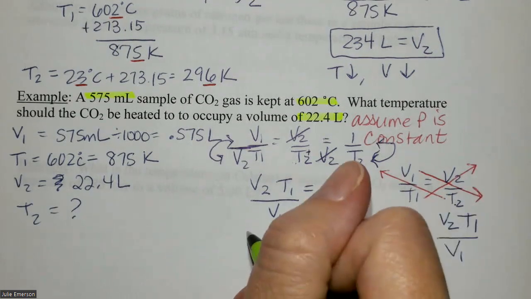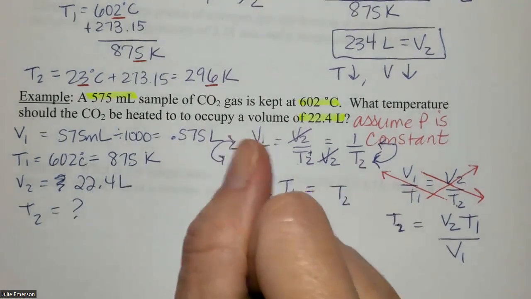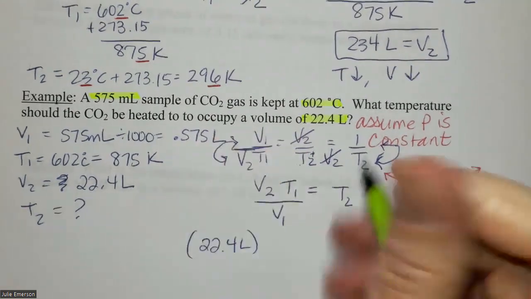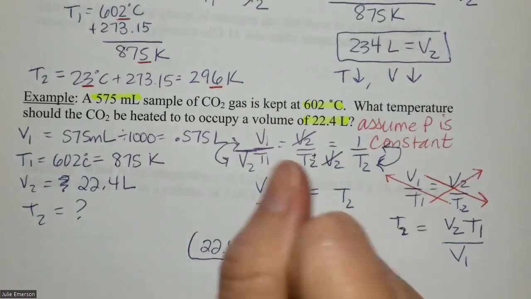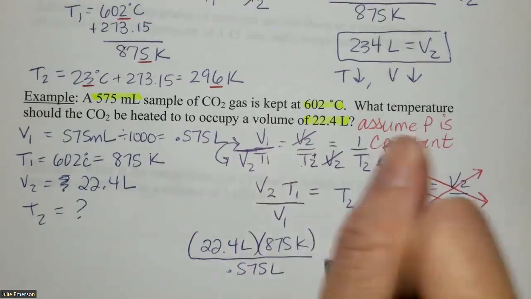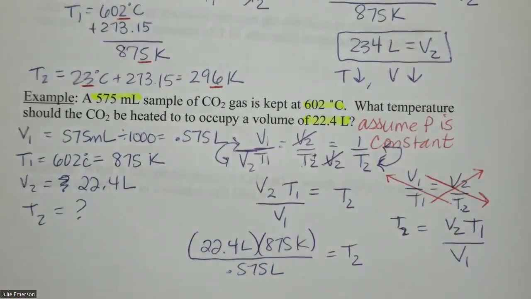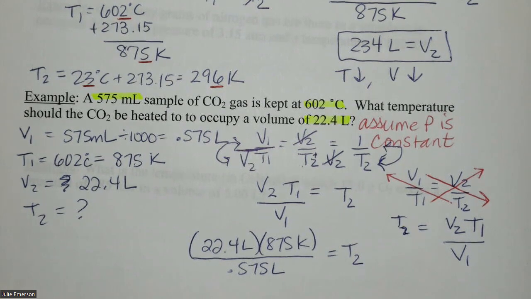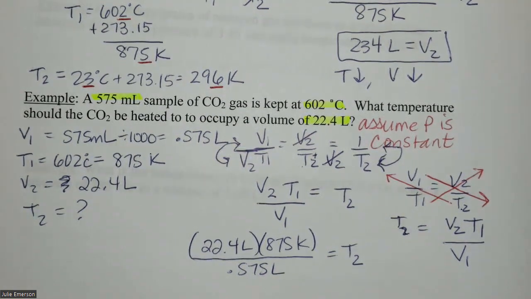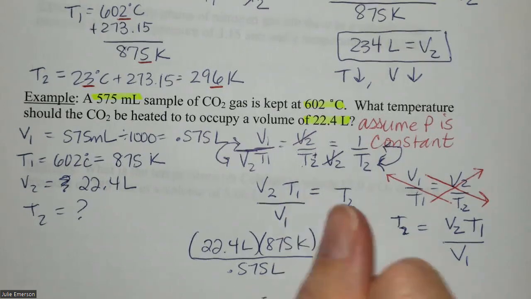So we get a V2 of 22.4 liters, the initial temperature of 875 Kelvin, V1 0.575 liters. That'll get us to T2. So again, volume went from half a liter to over 22, so it went way up. So what should be happening to temperature? It should be going way up. 22.4 times 875 divided by 0.575. And in fact, we get a very large number,